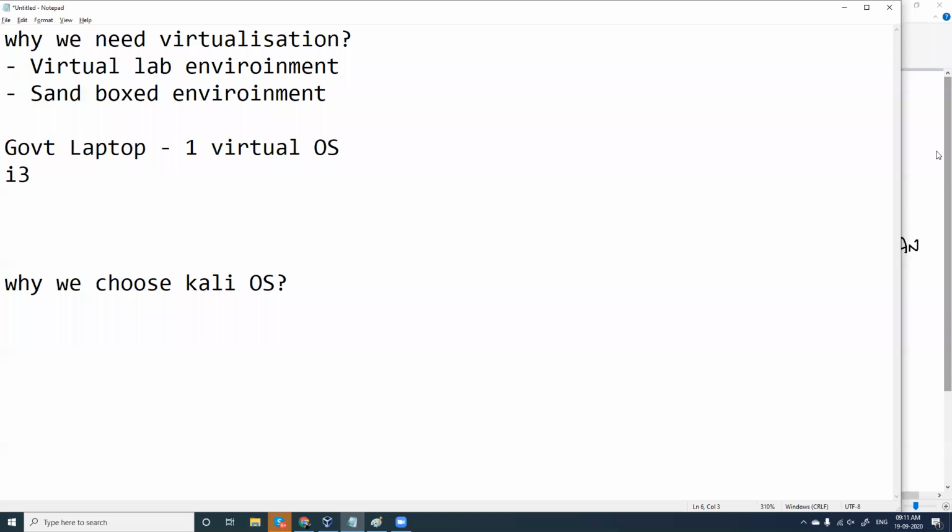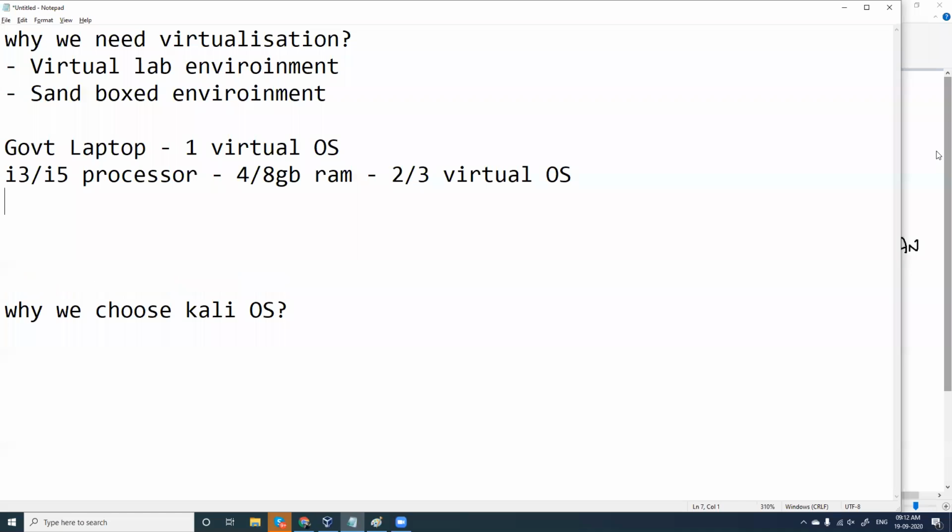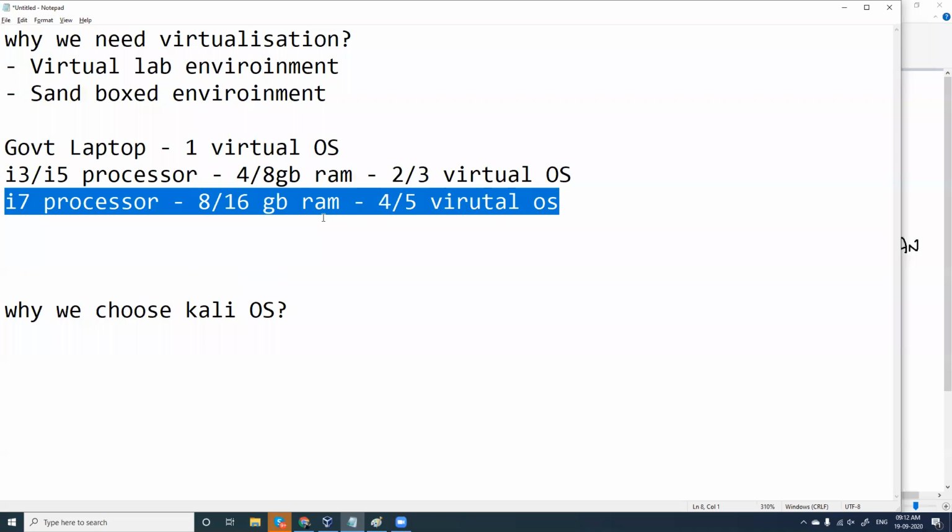If you have an i3 processor or an i5 processor with 4 or 8 GB RAM, probably you can try running 2 or 3 virtual OS. Fine. If you have an i7 processor with 8 or 16 GB RAM, then you can go for running 4 to 5 virtual OS at the same time. Yes. With higher configurations above this, you can run as many operating systems as you want.